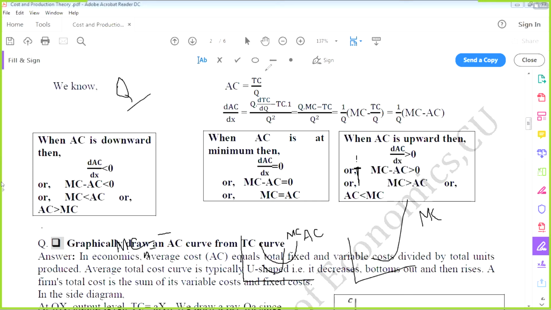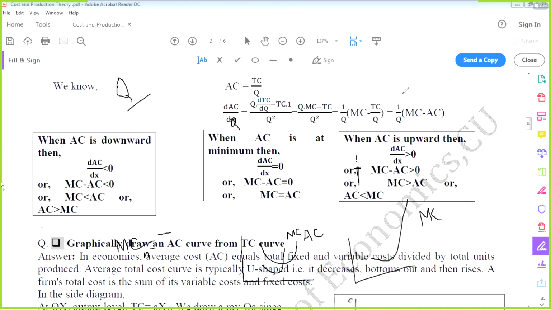So this is the rule. The denominator will be squared, the numerator TC will be differentiated, minus TC will remain the same, Q. Here we are differentiating with respect to Q, not X. Because if we don't differentiate with respect to Q, all will be zero. It cannot be differentiated. Clear or not? So here Q squared and here Q into